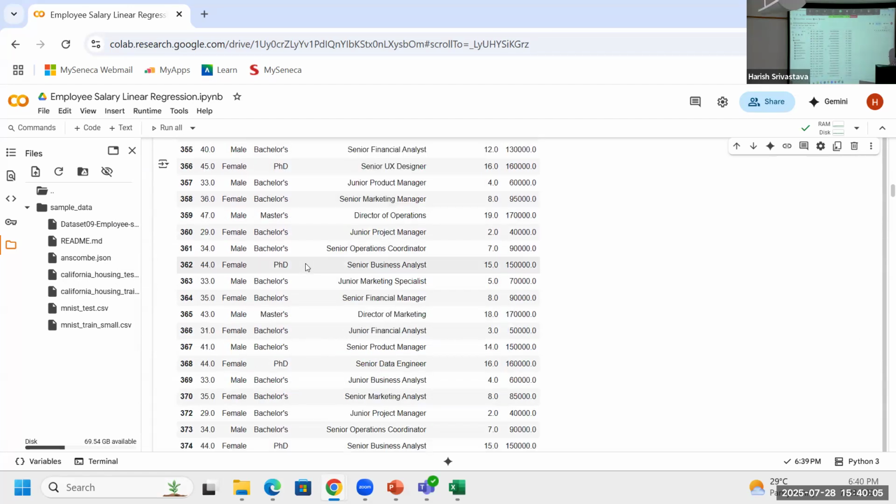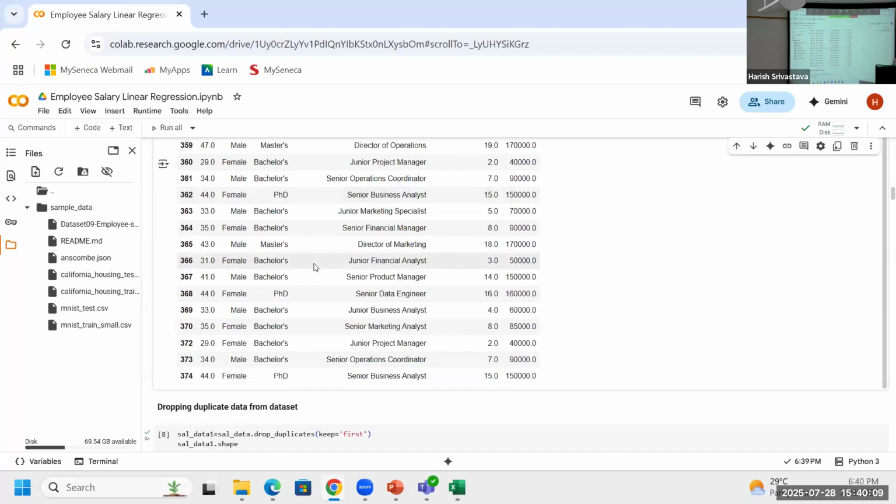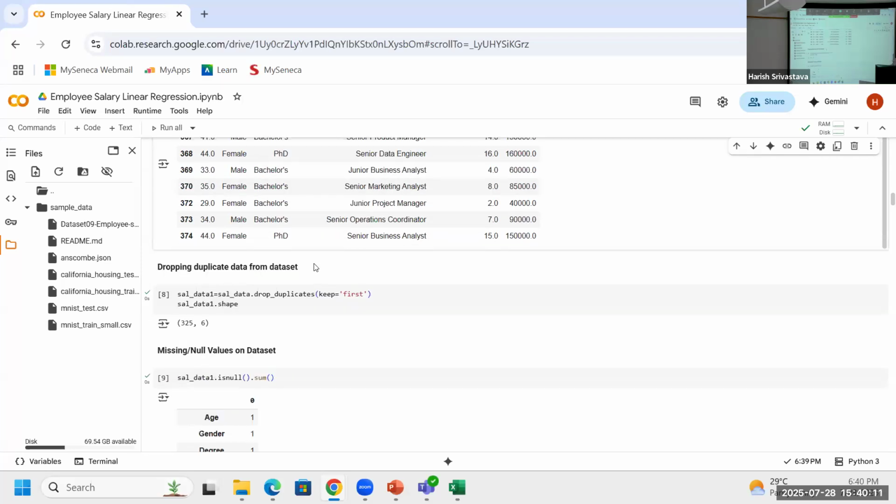Clear? What should I do with the duplicate? Should I remove it, remove the data completely, right? But I need to keep only one match, right? Yes. So